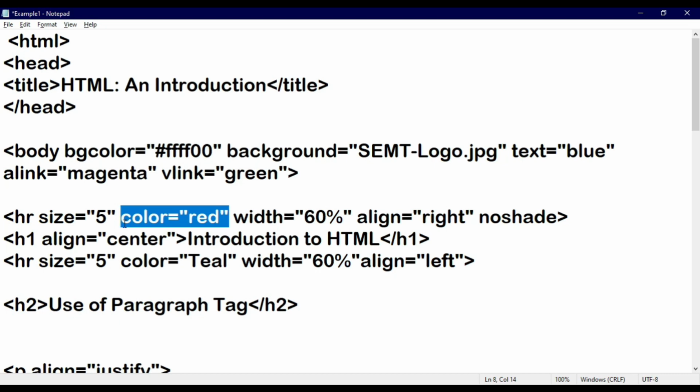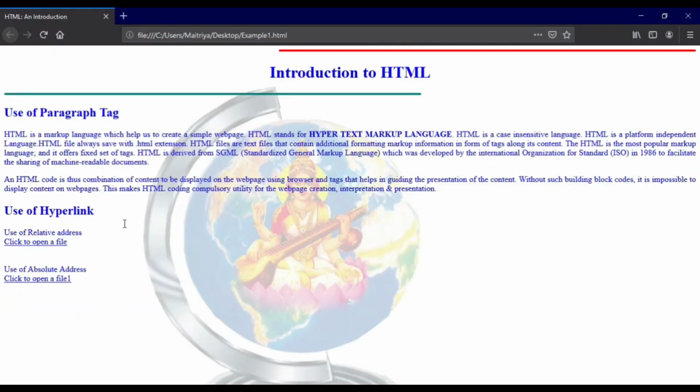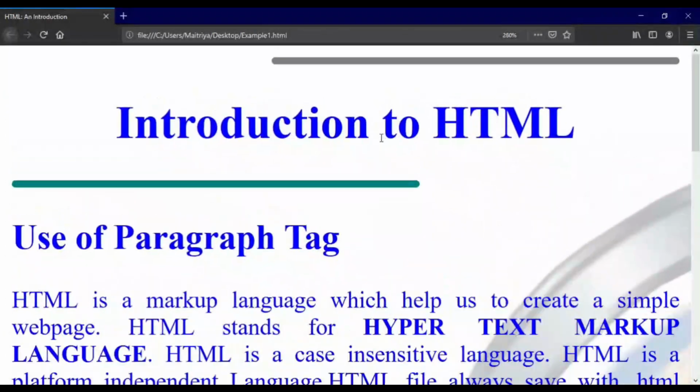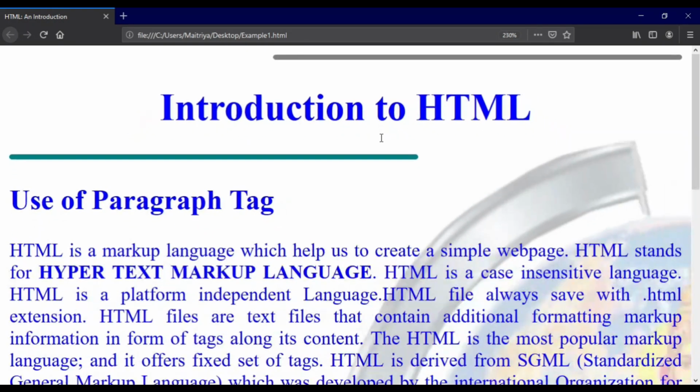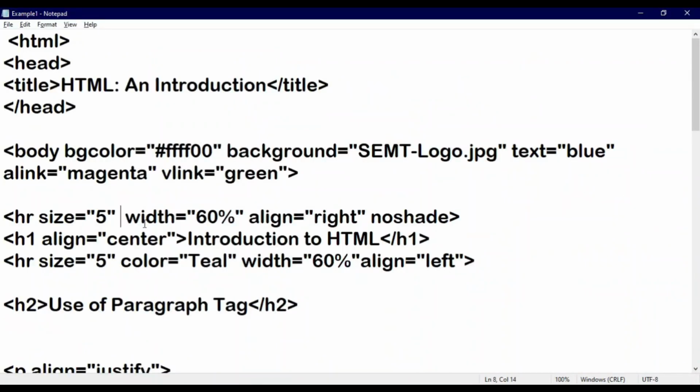Now from here I am removing that color. Now save your file, get back to your browser and just refresh your page. Here if you see, the color of your HR gets changed. Instead of red, it becomes a grayish color, which shows that it does not contain any shade. It is just a plain line which you can see on the screen.